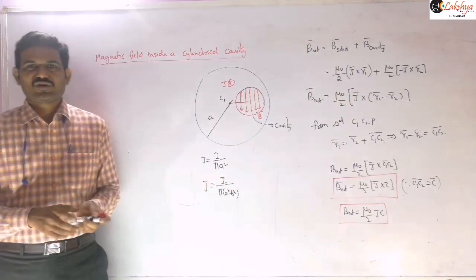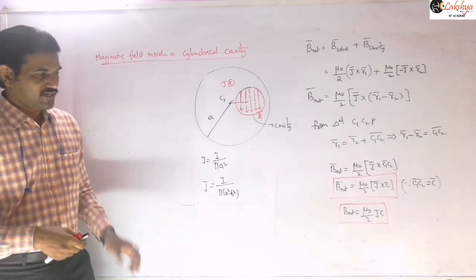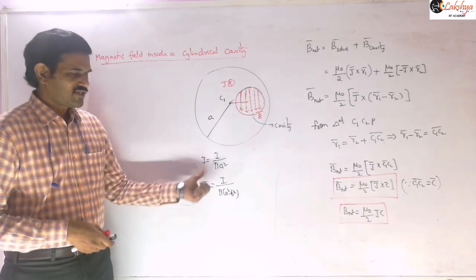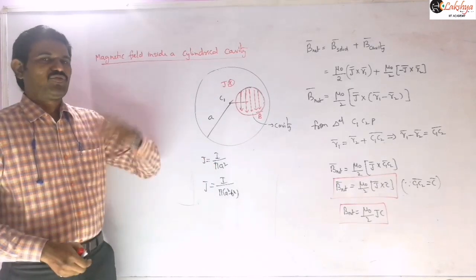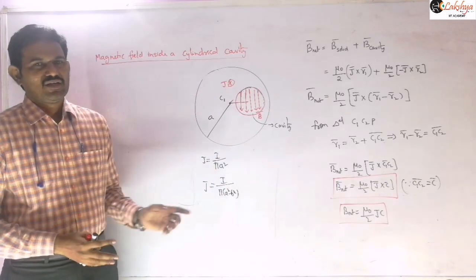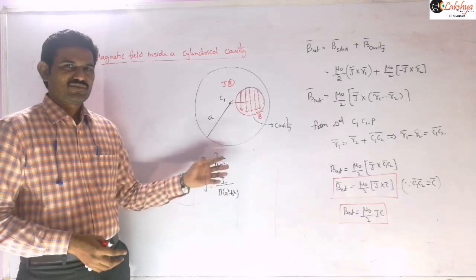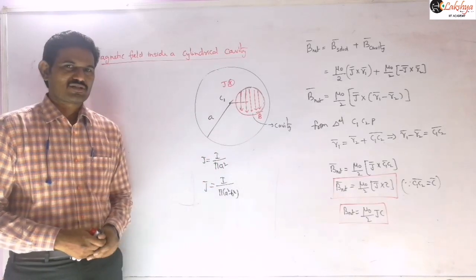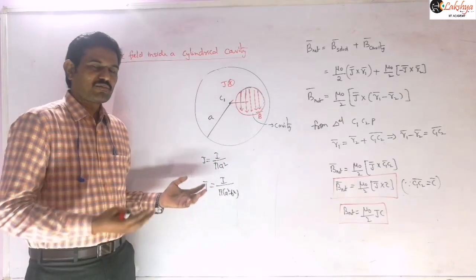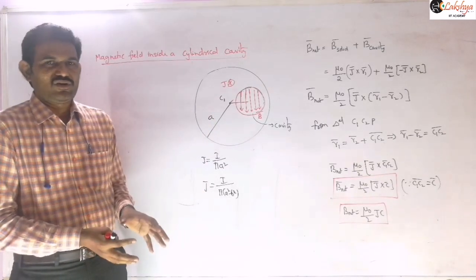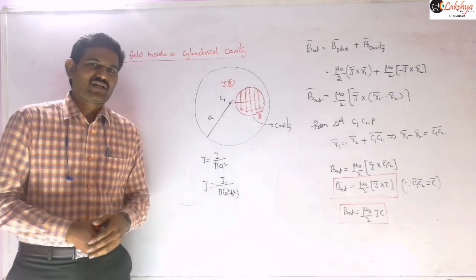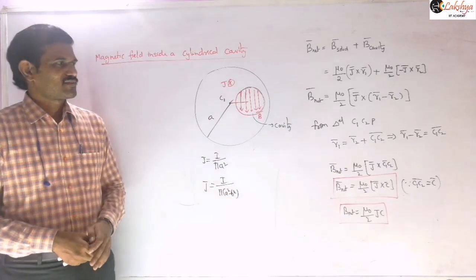That means finally when you are writing in terms of the current value, we need to replace this J value like this. So that is important there. You need to read the question carefully. Before making the cavity, if pi is given, then you will simply get I by pi a square. If it is after making the cavity, that means the cylinder with the cavity is already there, and now I is the current flowing in that, then we need to replace it like this, right?